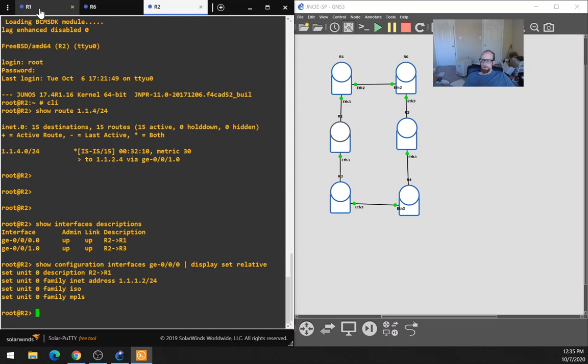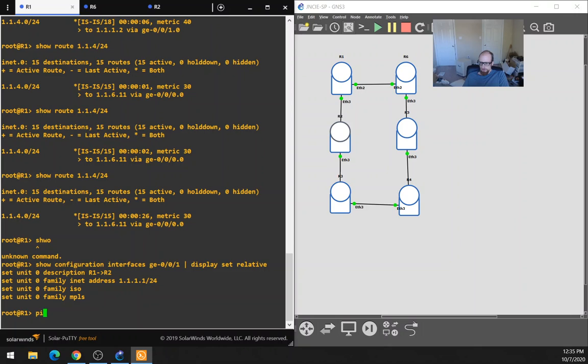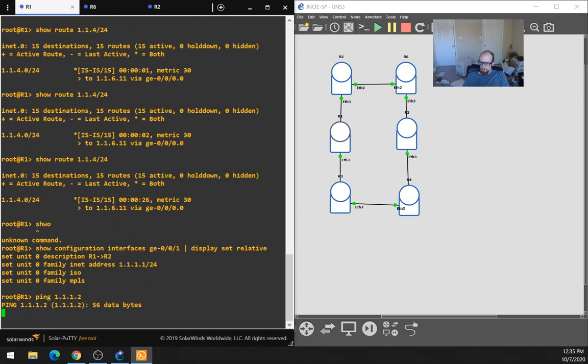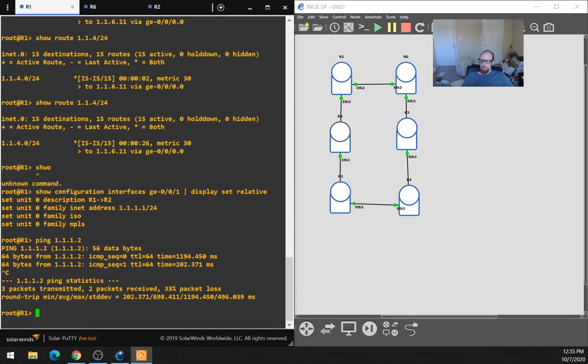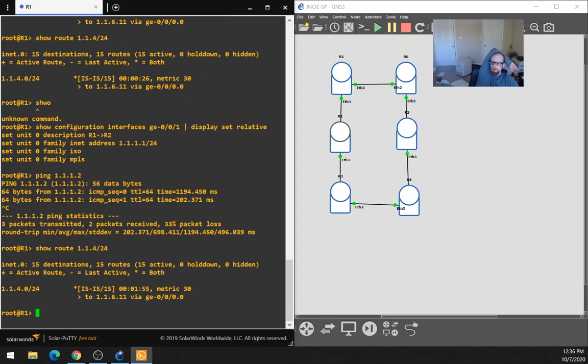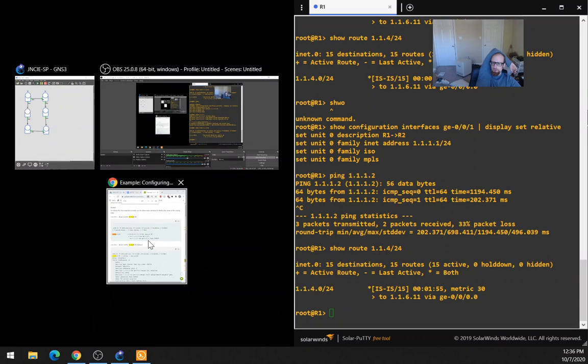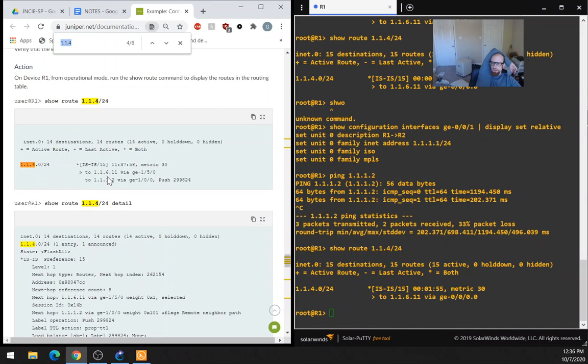Yep, and everything looks good on the link there. So it does appear to have the ability to learn it through the other side. But since it's not a cost equal path, I wouldn't have expected it to do so. So I'm not sure why it's learning a cost equal path